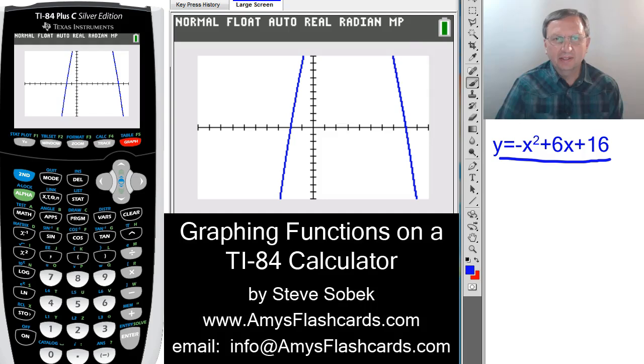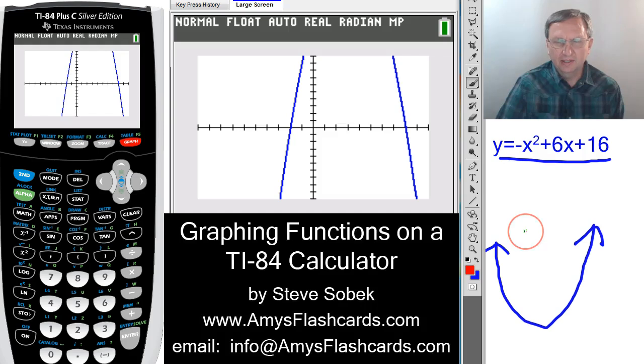And let me get my pen operational here. And parabolas look kind of U-shaped like this. And then some parabolas are upside down. Okay, so some parabolas look like that. It's not the best drawing, but